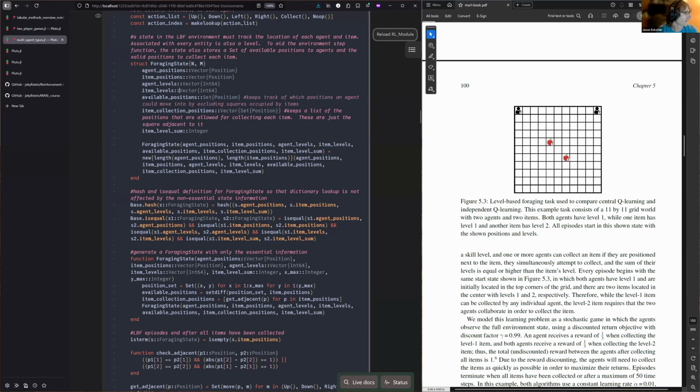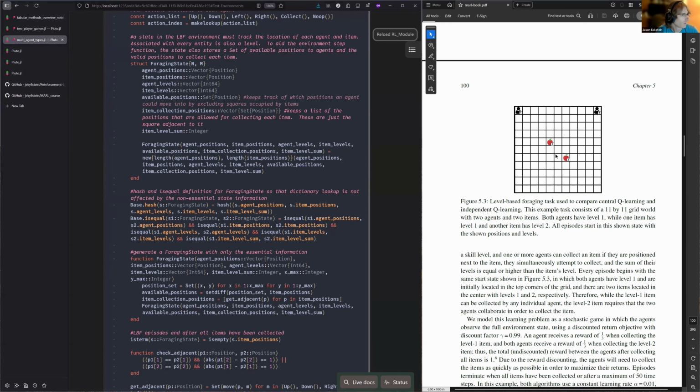This is required because the state doesn't tell you the bounds, but for convenience when forming step functions later, I'm going to store a set of available positions, which keeps track of the positions an agent can move to by excluding the positions occupied by items. Each item can only be collected from the adjacent squares, so for convenience, once I create an environment like this, I'm going to store the adjacent positions to the item in the state,